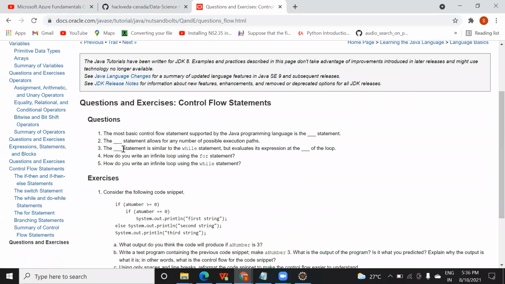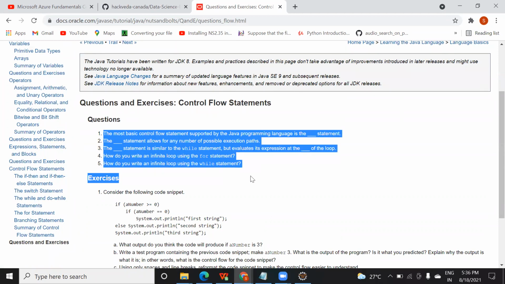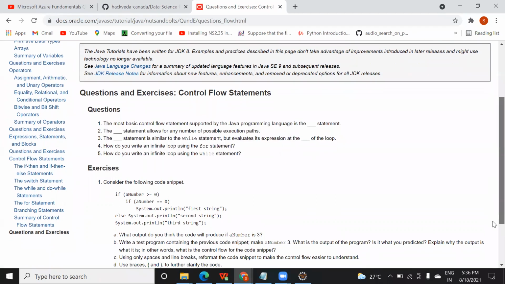So here the most basic flow control supported by Java programming is a dash statement. Like this question you will get, and based on that you can solve it also.